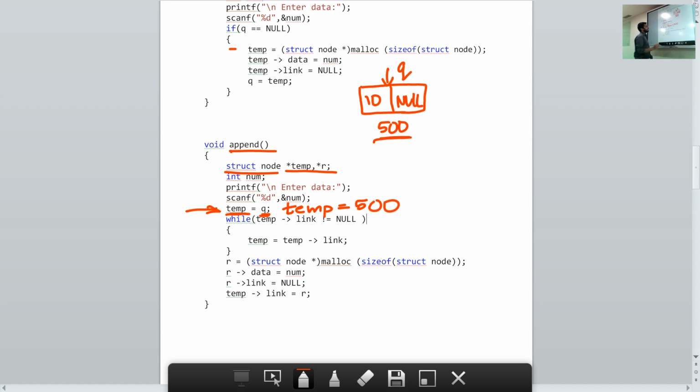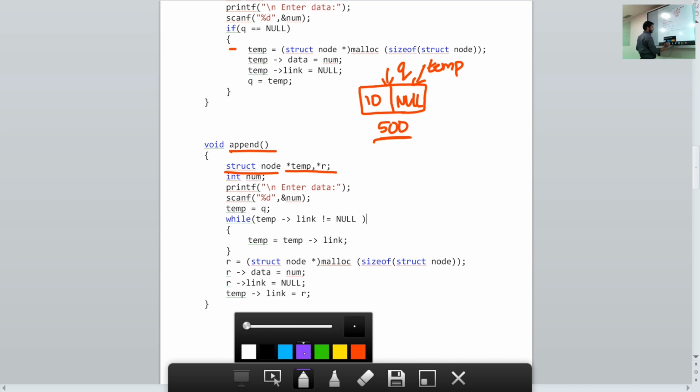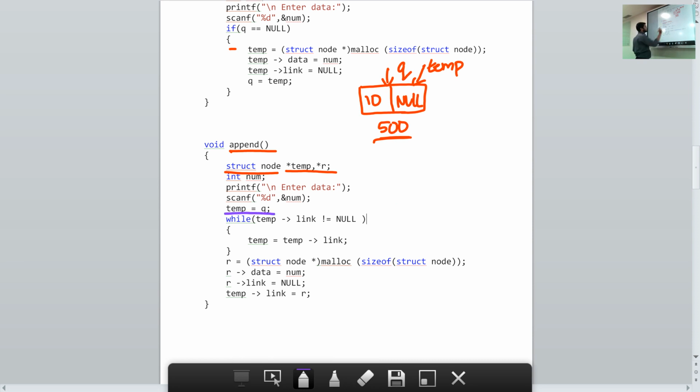Since temp gets the value 500, temp will start pointing to the node with the address 500. So what this line does is, wherever q is pointing to, whichever memory address, that memory address is assigned to temp, and therefore temp also starts pointing to that memory address.